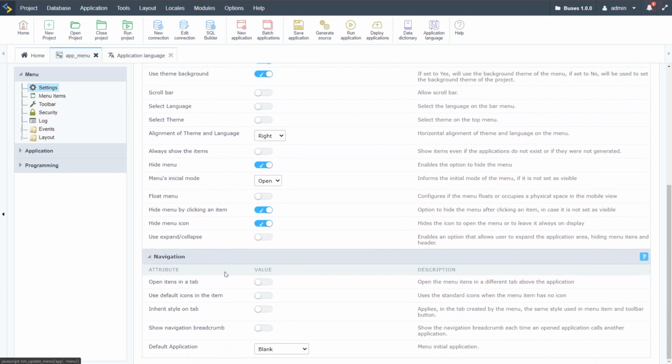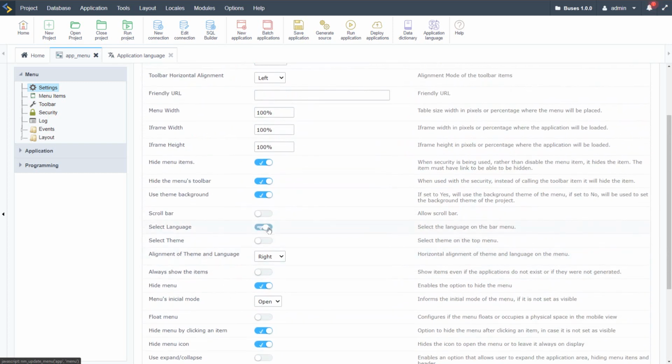We have also the option to apply the language here. So I applied it within the menu, and if I run again, we'll see at the top that we now have the option to change the language for the entire project. And we see that the menu changes automatically depending on the language. All of the keys would also change, like you see here, the Spanish changes,